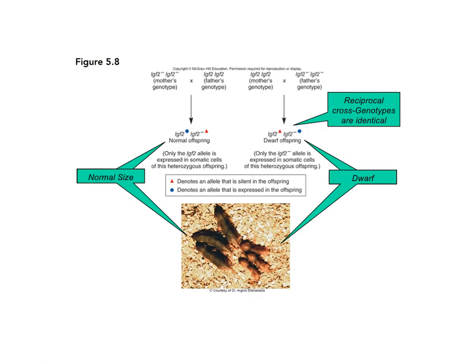Now, let's look at how this affects our crosses. So we're starting out here with our mother's genotype, and the mother and the father both are true breeders. The mother is homozygous for two non-functioning IGF-2 alleles. The father has the functioning IGF-2 alleles. Now,